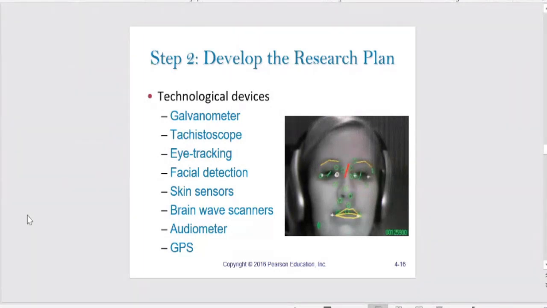scanners, audiometers, and GPS. So you see, just your simple camera, that is your webcam. With that webcam, I can have a program, and just by looking at your face and the reaction that I capture from the expressions of your eyebrows, or the position of your eyeballs, or the dilation of your iris, or the movement of your nostrils, your lips, or your cheeks, I can actually find out what reaction is going on in your mind based on the impulse generated by certain information that I put forth to you.